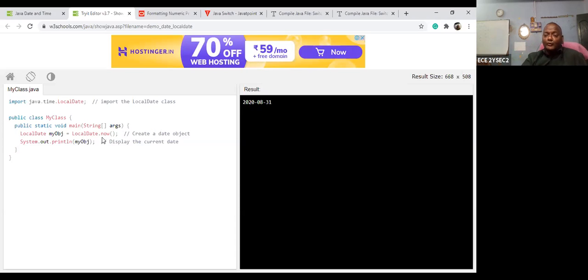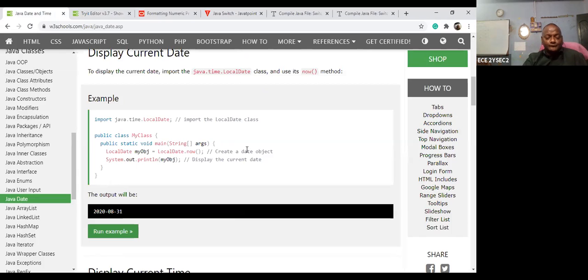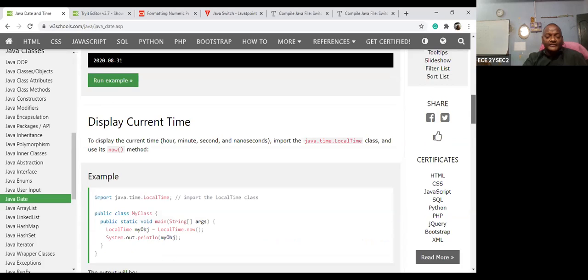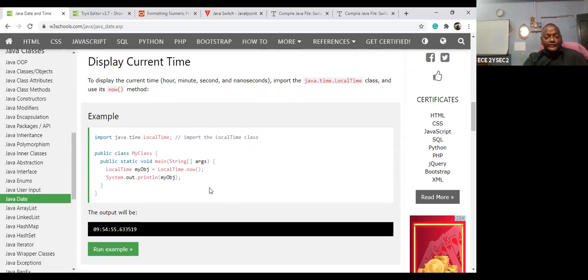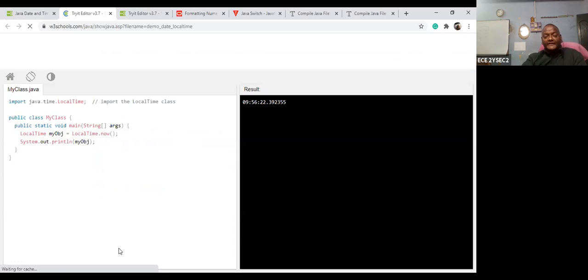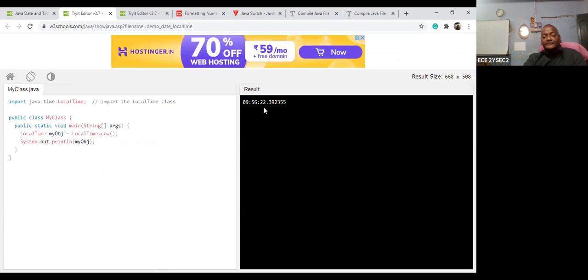Second, if you want to display the current time, you can use LocalTime.now, with import java.time.LocalTime. So it can be imported and displayed. Now the time is 9:56, with seconds and the fraction, which is the precision.